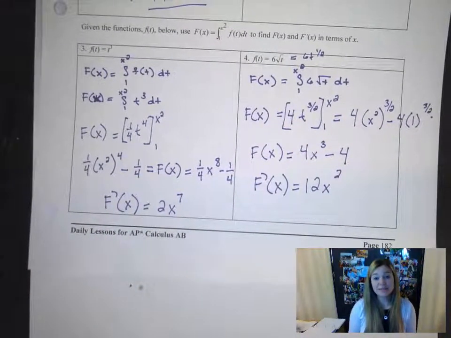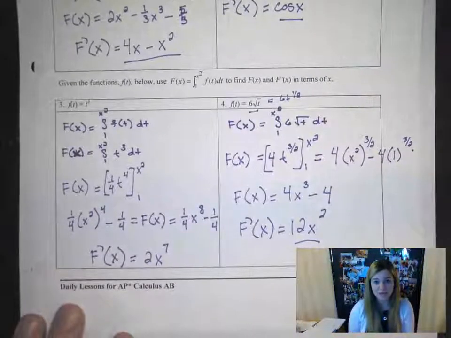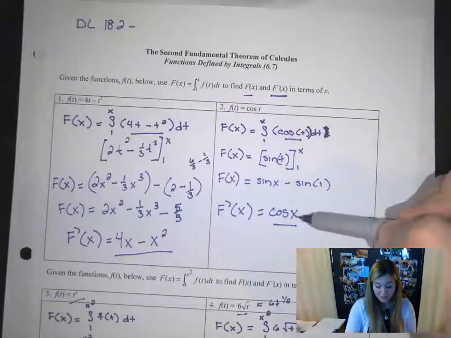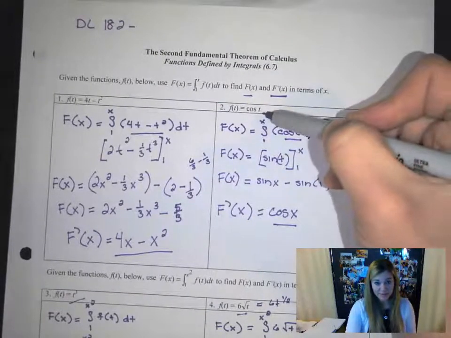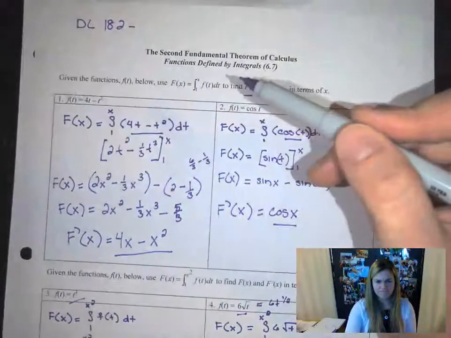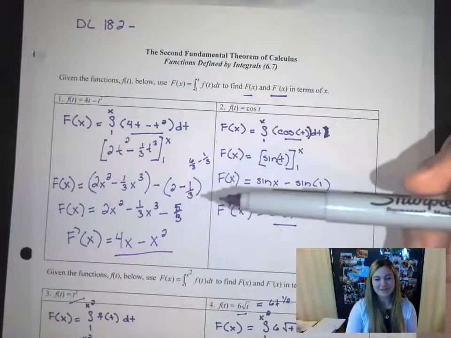Okay, so you might be really sad right now because 12x squared is definitely not the same thing as 6 square root of t. 2x to the 7th is not the same thing as t cubed. But these ones worked out so nicely, where this was the same thing as this, just with the x substituted. This was the same thing as this. So what's different about them? There's an easier way for both of these. If you turn to the next page,